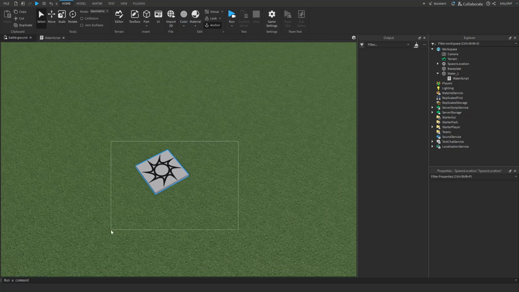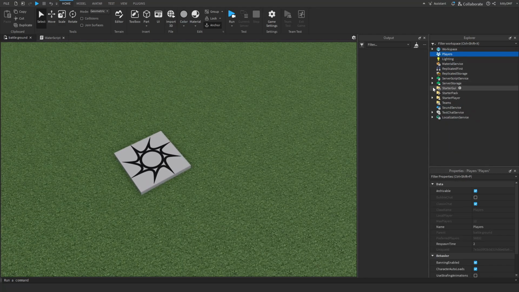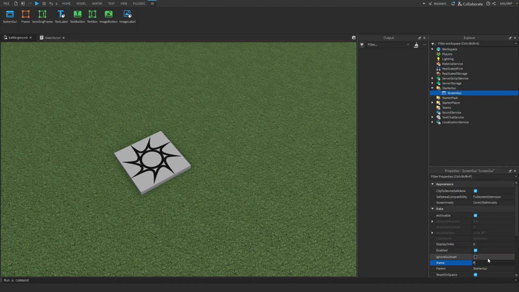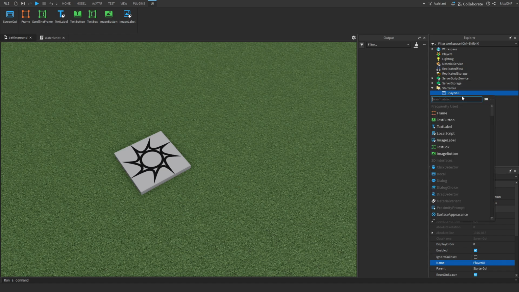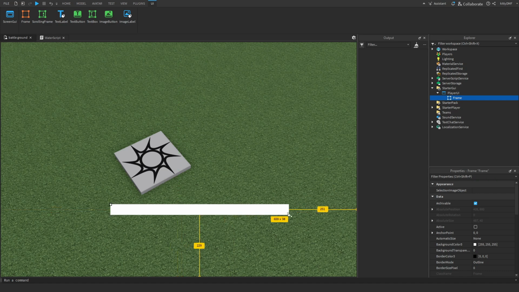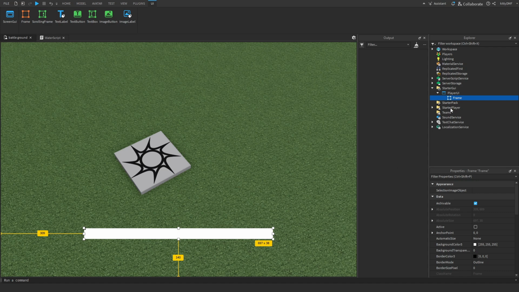The next thing I wanted to add was the oxygen. You couldn't see the player's oxygen. The only way you could see it was by going into the value. So if you want that, add a screen GUI, call it player UI. You can add 2 frames in there, or start off with one. I will have this as a little bar. Okay, there you go. Frame. I'll name this max oxygen,